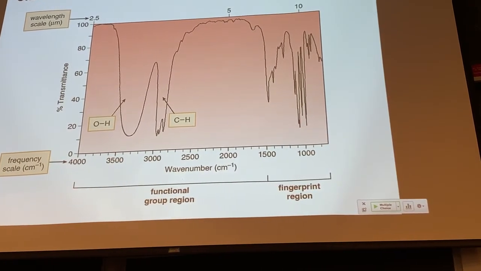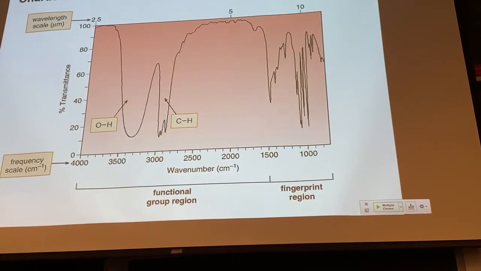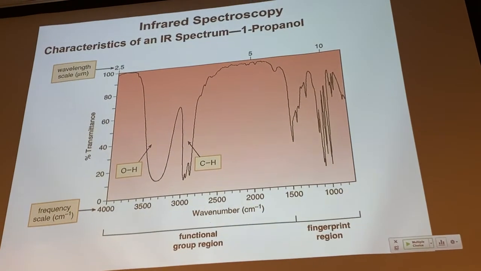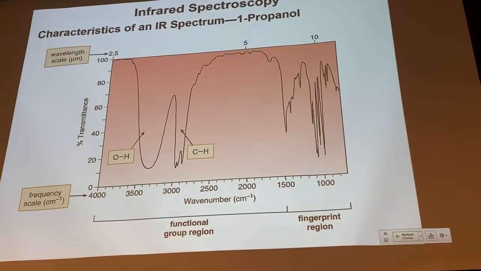So I've told you that these energy levels, there's a very specific difference in energy between those levels. So we would expect very sharp peaks in an IR spectrum, but that's not what we get. We get broad fat peaks. If you're wondering why that's the case, it's because we have several different rotational energy levels overlapping or superimposed on